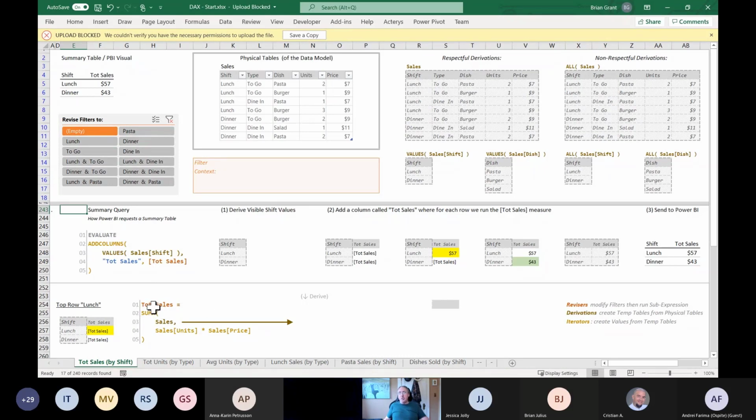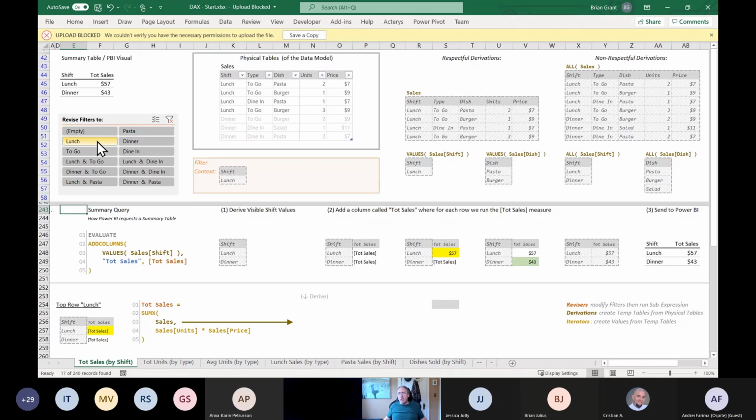Well, the total sales measure includes this code right here, right? But before we even look at the formula in the measure, measures are smart. They're what we call a revisor. By that, I mean they're smart enough to know that to get the right answer, they have to add filters for the current row, right? So if the total sales measure is going to produce the right answer, it has to add a filter for lunch. So before total sales runs any of this formula stuff down here, it's going to add a filter for